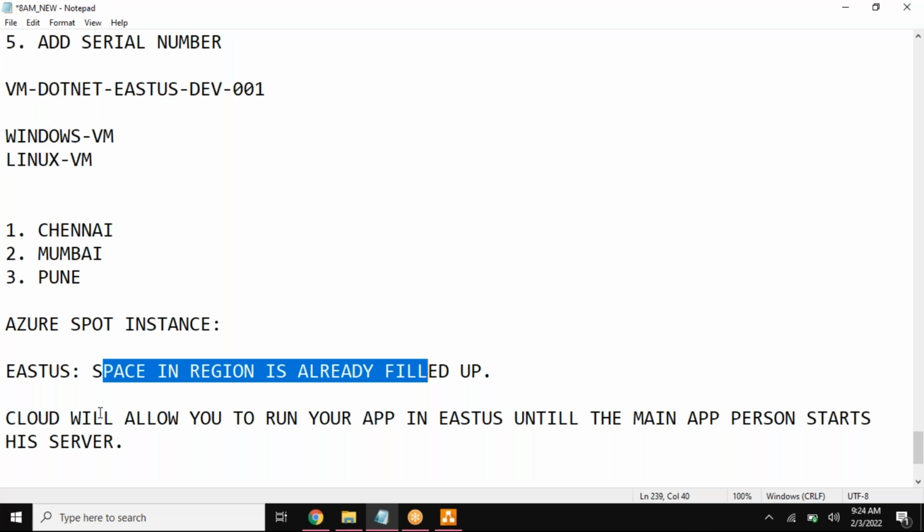Once the person comes back and says, okay boss, I want to start my server, at the same time we have to go out of my region at any cost. The same example you just saw with respect to the train, here as well you can do that. So when you want to run your application for a temporary purpose, then you need not pay the whole amount to the cloud, because here again the advantage is